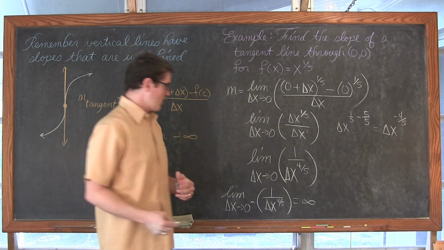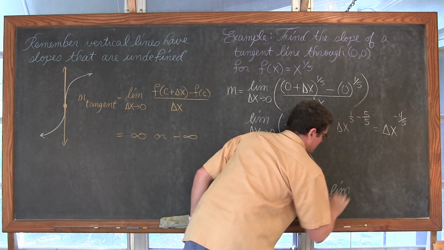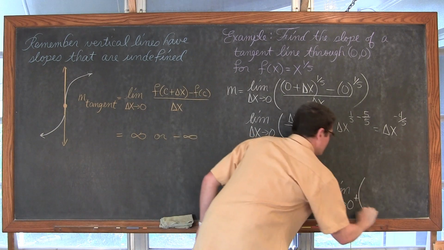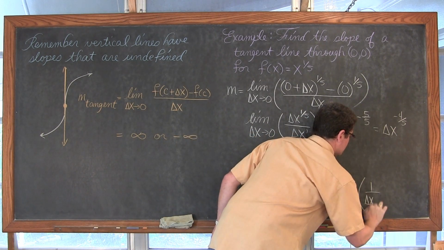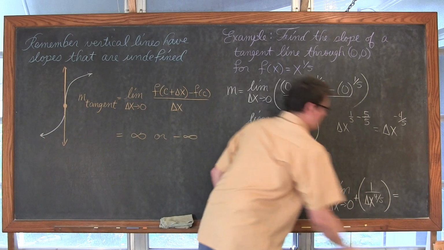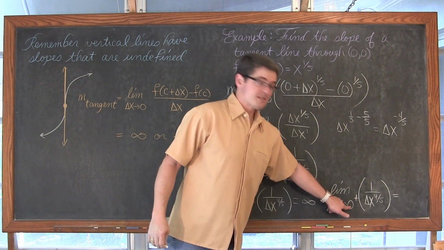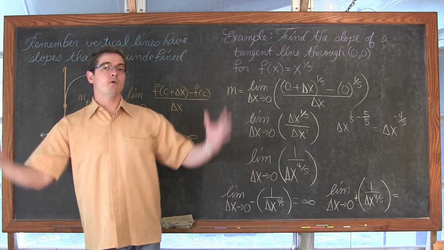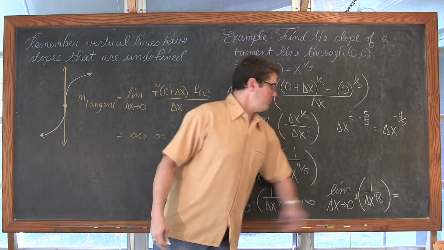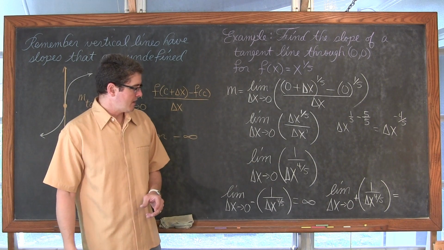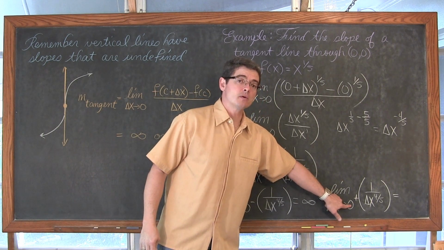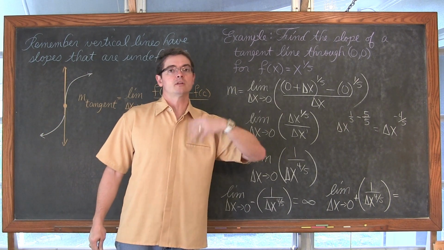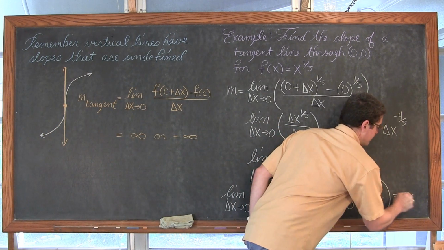And if I do the right-hand limit, delta x to the 4/5. Well, if I plug in a positive number, I take the 5th root, I get a positive answer. I take that positive answer and raise it to the 4th power, and it's still positive. I still have 1 placed over a denominator that is becoming infinitely small, approaching 0. That makes the overall fraction approach, again, positive infinity.